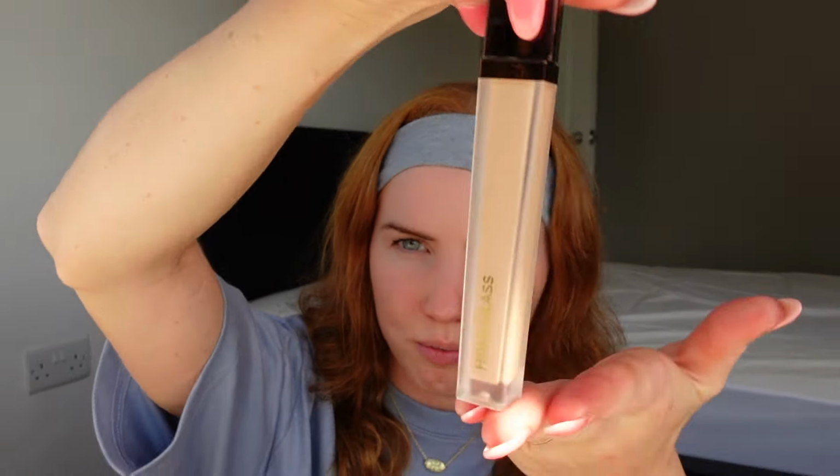So next I have got the Hourglass concealer. It looks like this. She is in the shade Pearl Vanish. Hourglass, this concealer is so good, like you literally hardly need any. To the point, let me show you. With swimming a lot, I do get quite a few bags under my eyes. So I just put concealer there, and honestly I'll let it just sit a little bit, and I'll just put it anywhere I have some blemishes. So I'm just gonna go in with the same brush that I've used